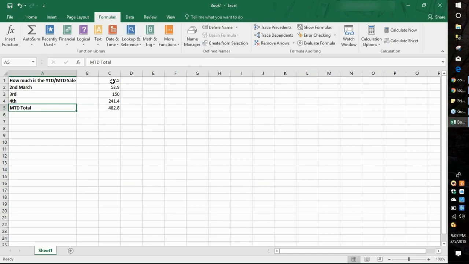Does that belong to how much is the year to date? 37.5. And the second question would be, why is it 482.8? In my sheet, it was how much? Where is my Excel? I'm just checking.